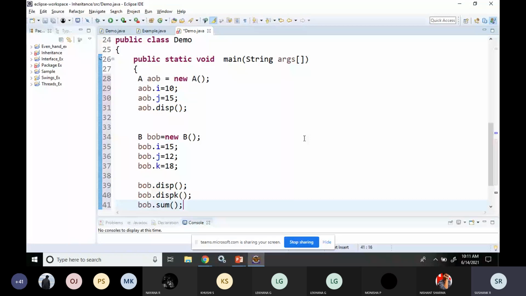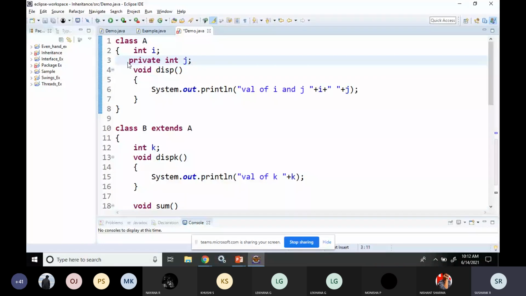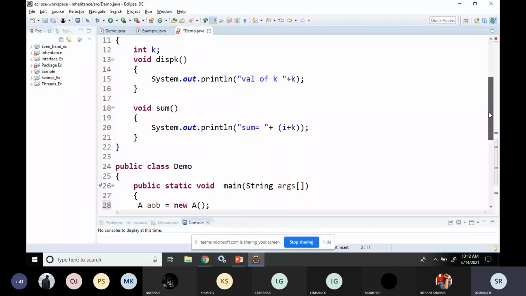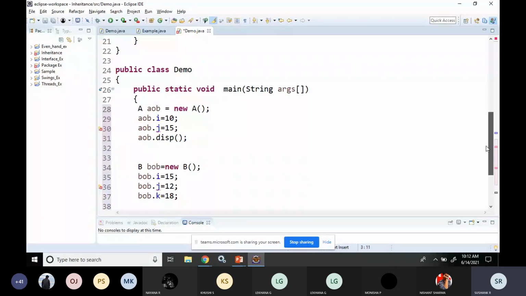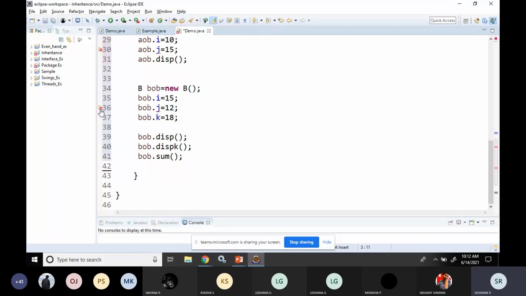But if I make this j private, then that j can be accessed only within the class. So you will get an error, because that variable j is being made private.